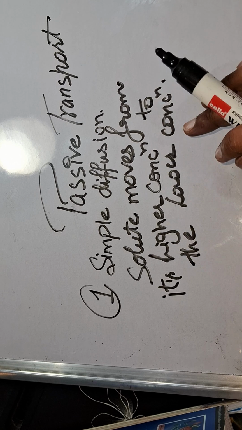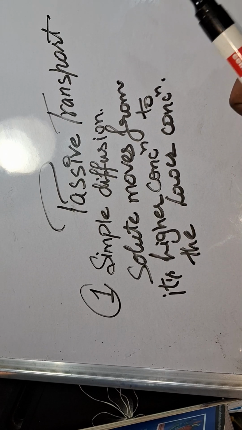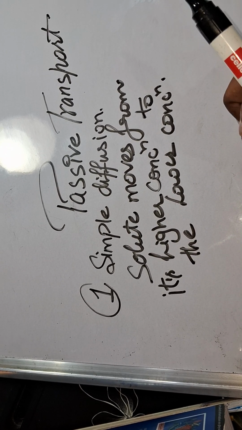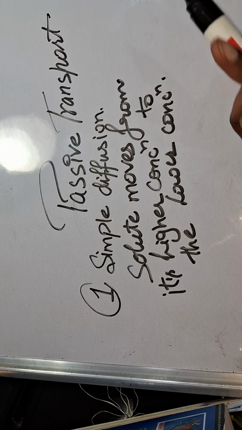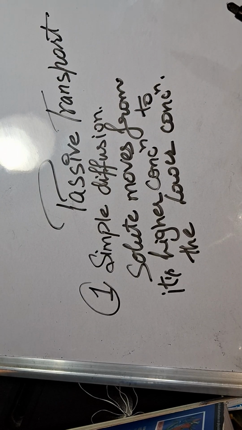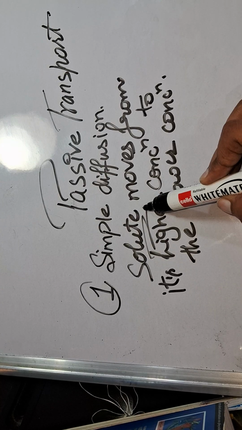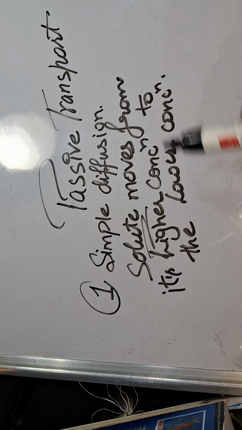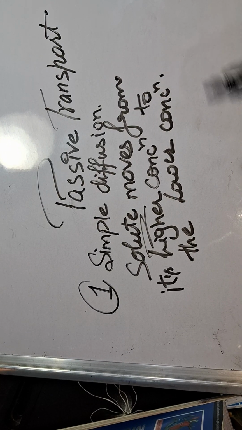There is no need of carrier protein, and no energy is needed in a simple diffusion. The solute will simply move from its higher concentration to the lower concentration via